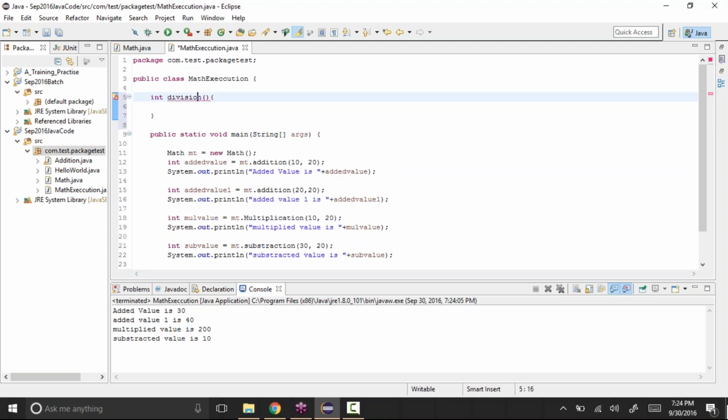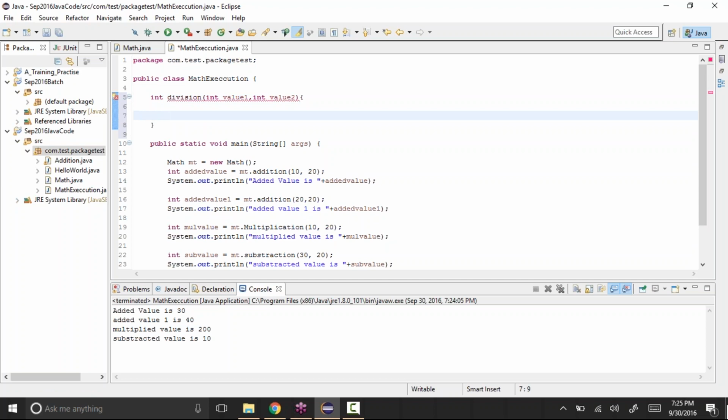So just give some parameters, int value 1 comma int value 2. So return statement, return value 1 by value 2. We're just trying to return it.